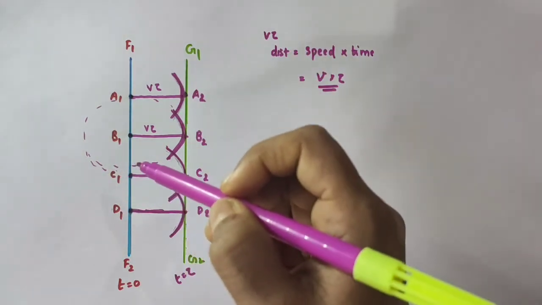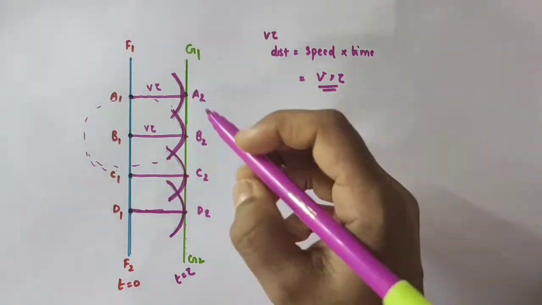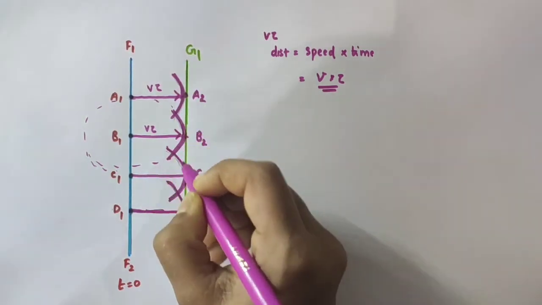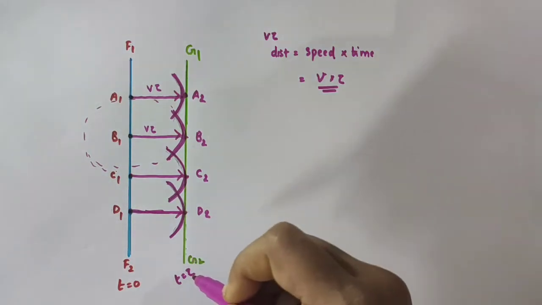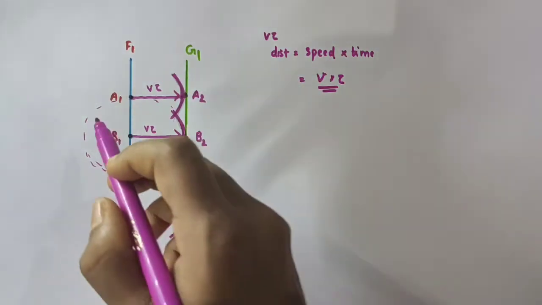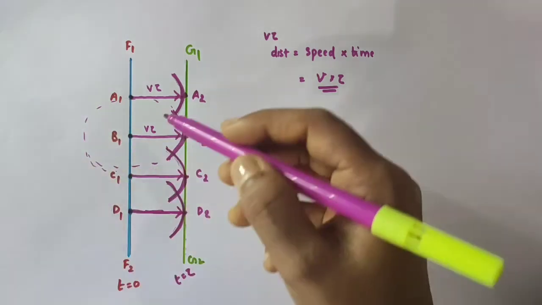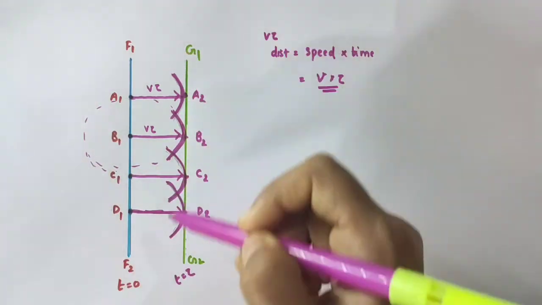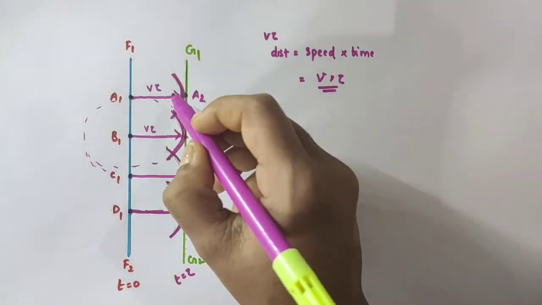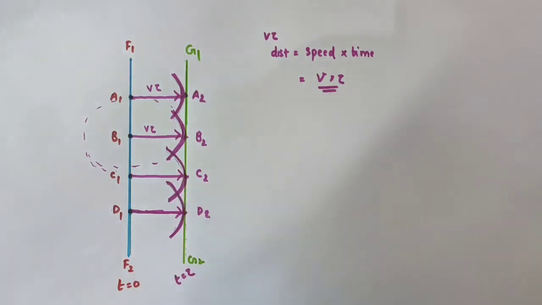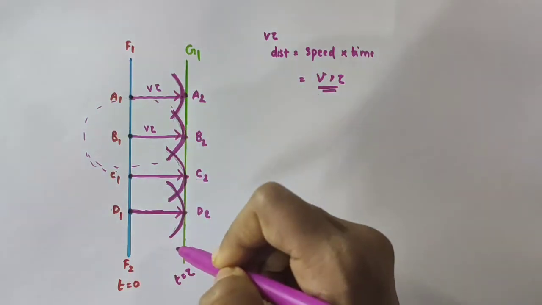So here actually we are getting the plane wavefronts in the forward direction. Now, we just want to mark an arrow here. We got the plane wavefront G1, G2 at a later time t equal to tau in the forward direction. We haven't considered that wavefront in the backward direction because backward doesn't exist. So we just marked an arrow like that in the forward direction. So we mark the arrows like this.